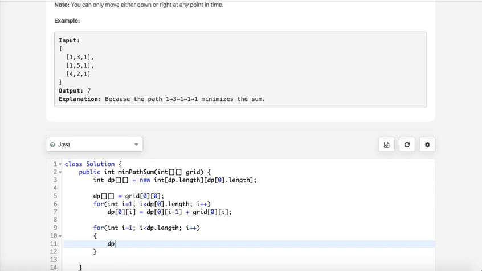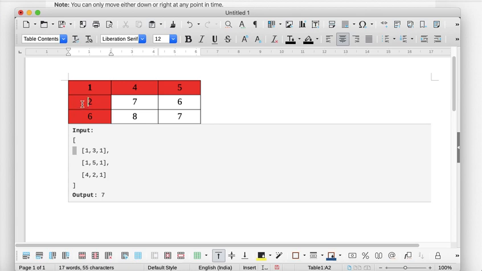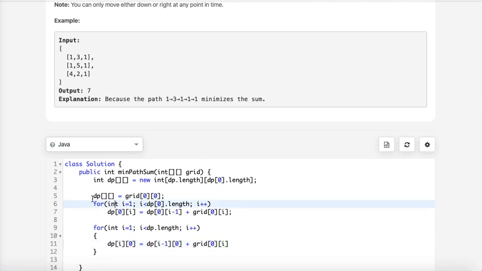So here again, this is another special case that we saw, like the first element of every row. Because I don't have any left element, I will just use the upper path. So this is something we have seen in all these rows. This first element I have initialized. Then for the entire row I calculated using the previous plus the cost on the current grid. So this was the first initialization. This was how we calculated the first row.